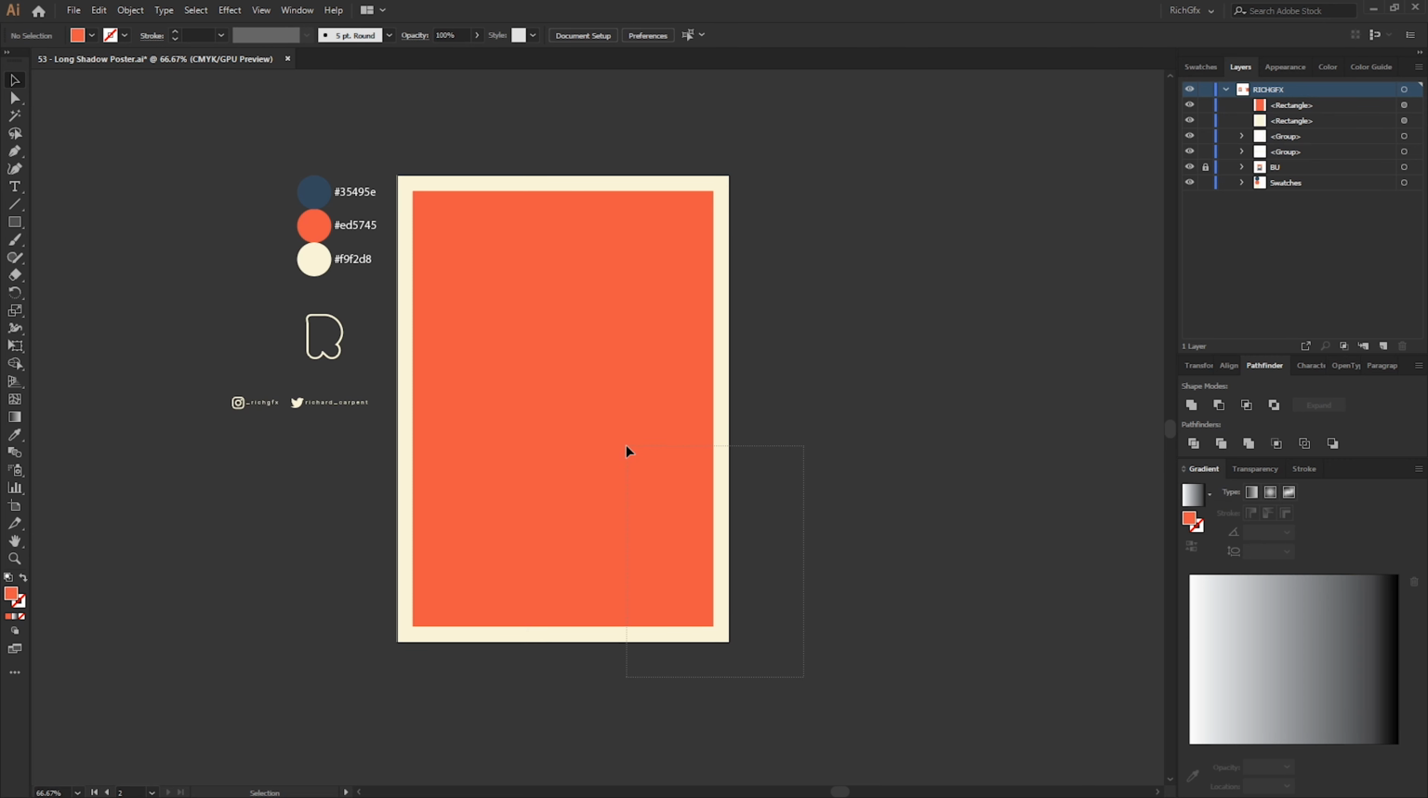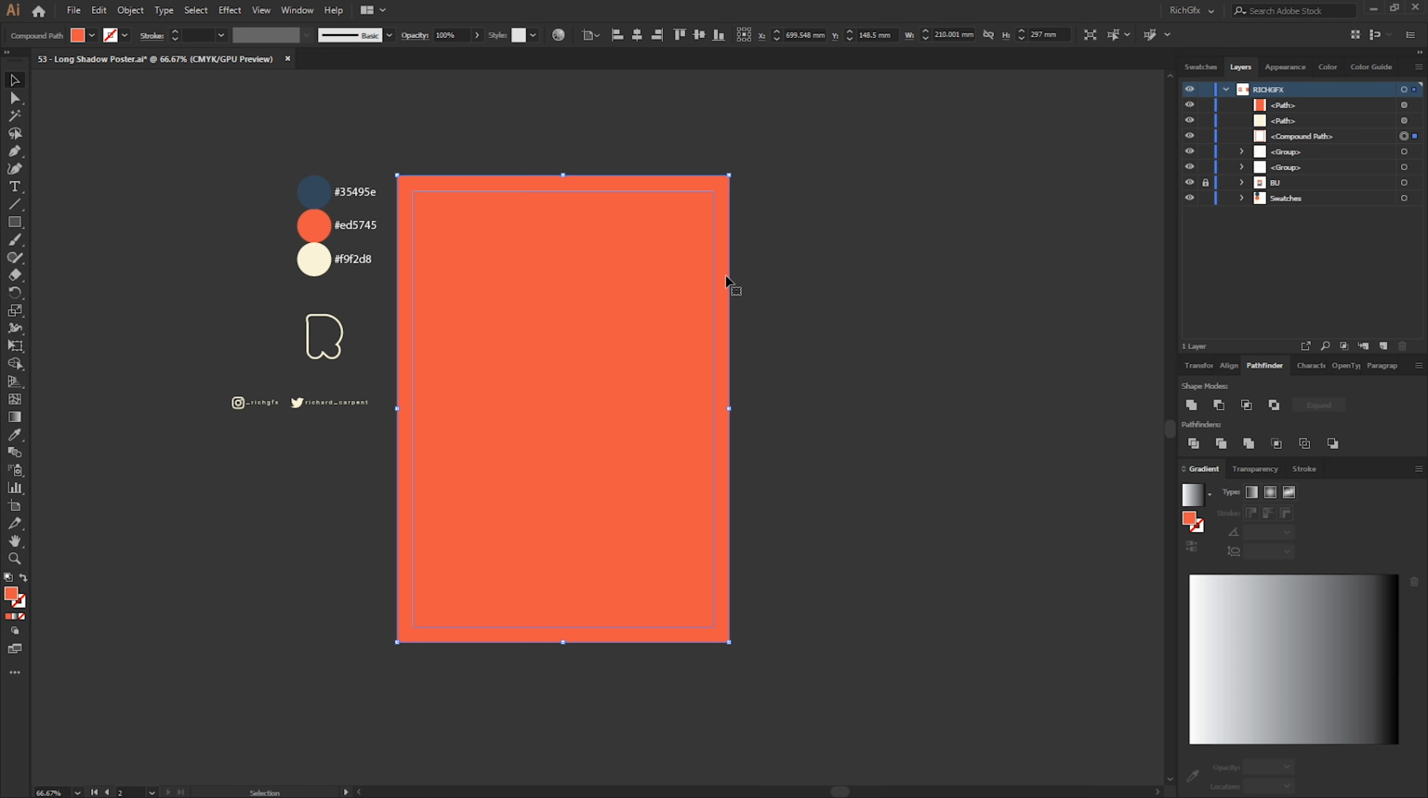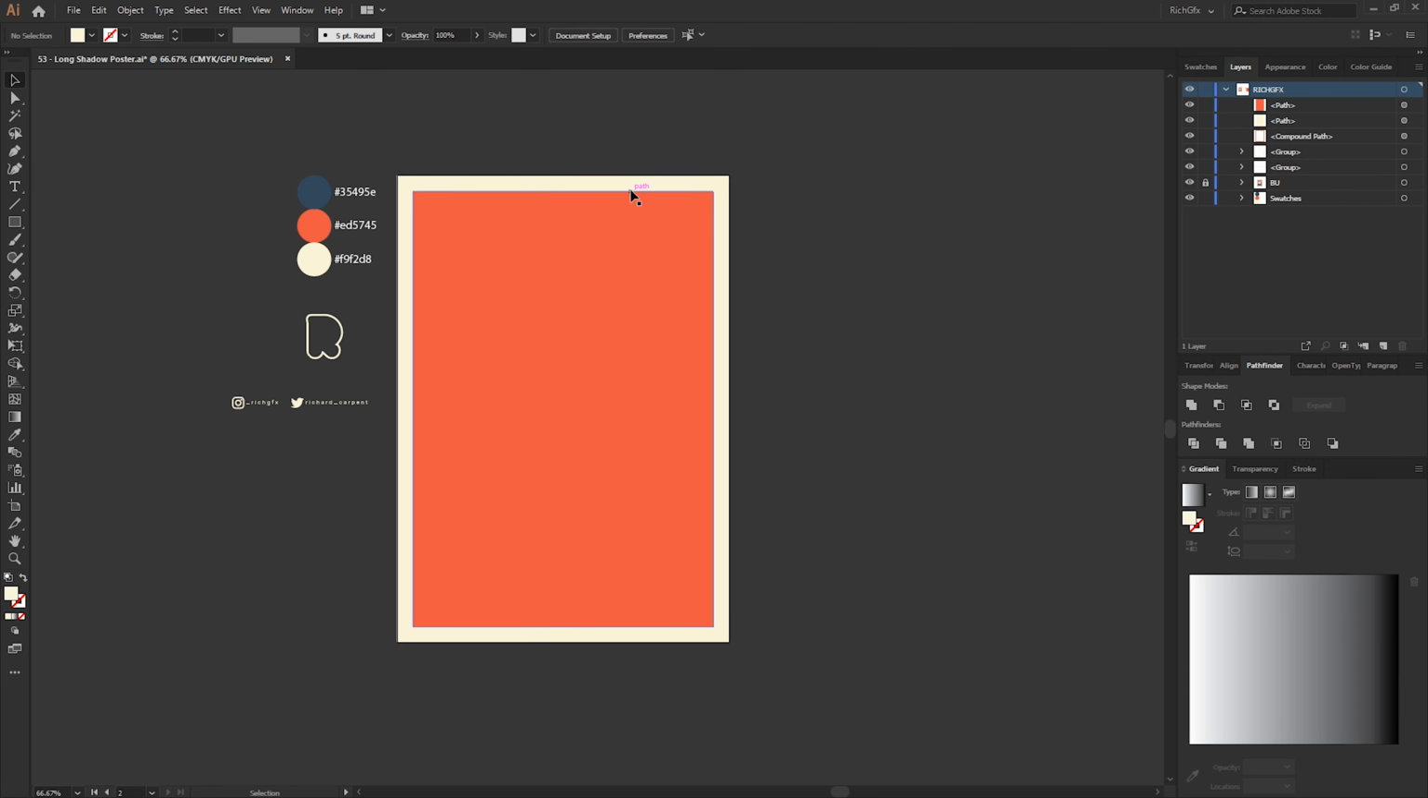To do that, we just select both rectangles, Shift M on the keyboard for the shape builder tool, and if you just hover over the cream shape, you can see there's a little plus symbol next to the cursor which will add to the selection. So if we just click once, reselect the border and just reapply the cream colour, and what we'll have then